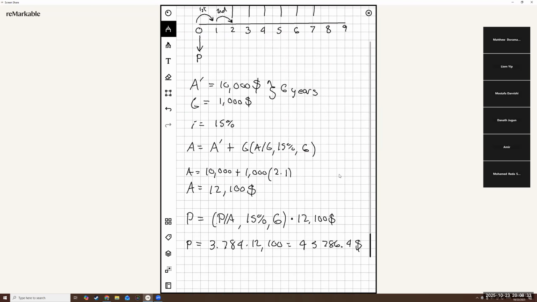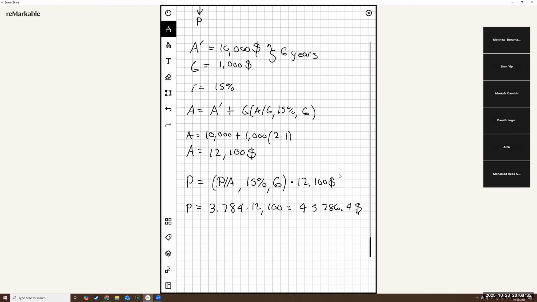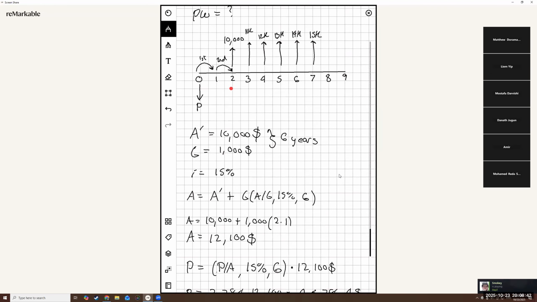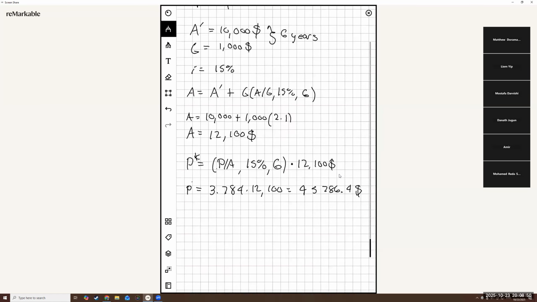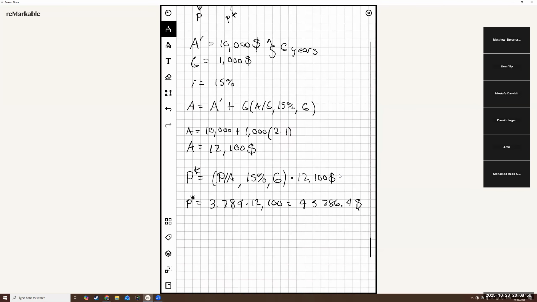This value gives us the present worth at the beginning of the payments. Where is that? That is right here. So this isn't P. This is P star, let's call it. P star. So what do we have to do? We still have to adjust this